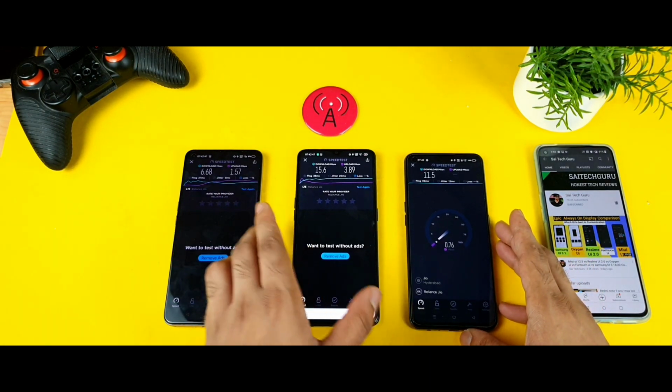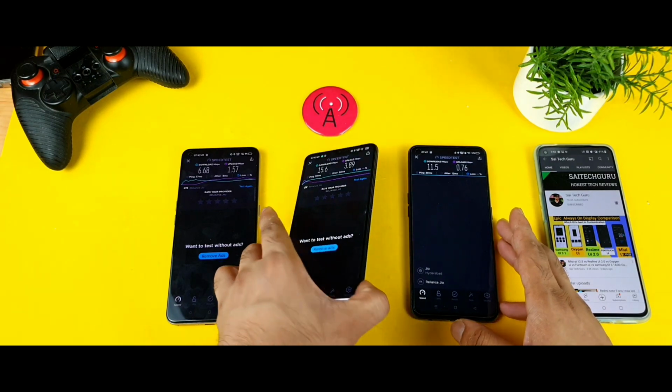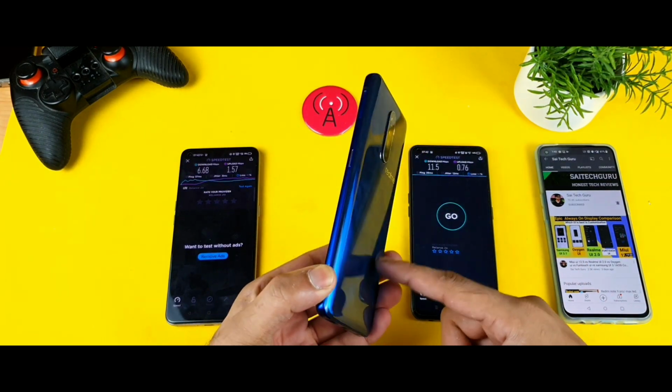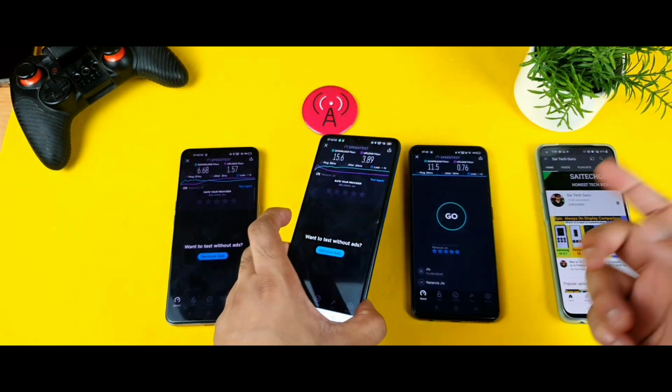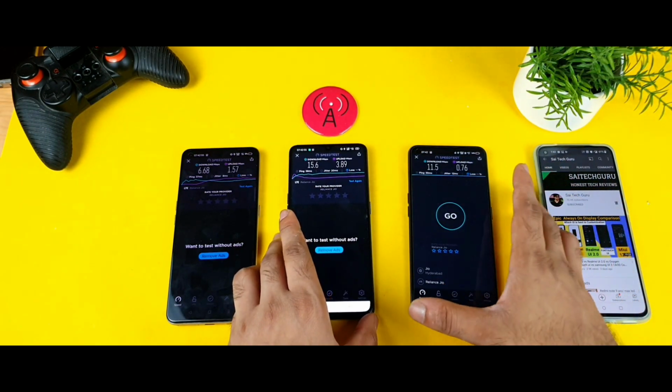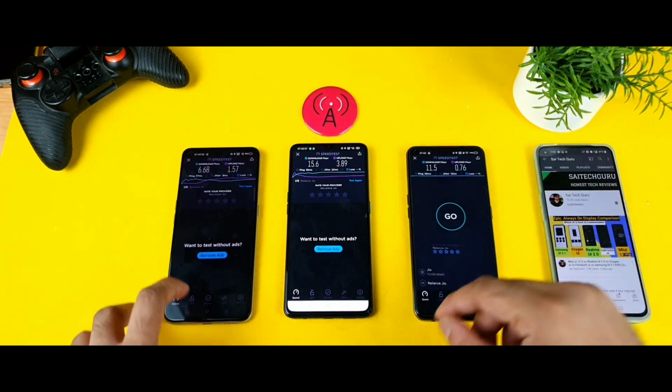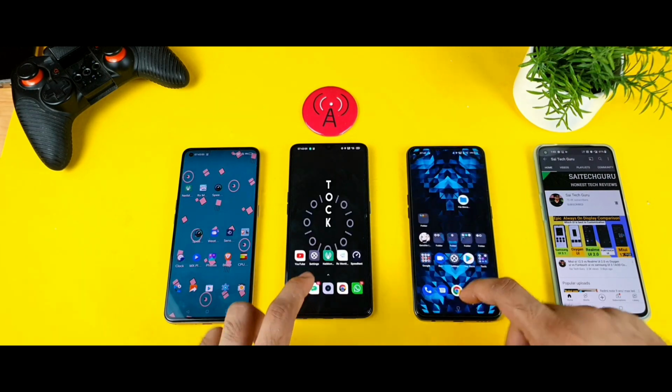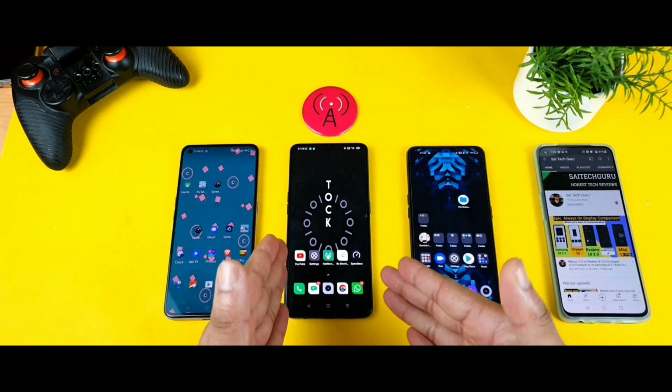As you can see, friends, the clear comparison. That's really great. Even I am really shocked. I'll keep this in mind, and I'll try to use this phone in comparison with other smartphones, maybe the iQOO 7 and the Mi 11X or OnePlus 9R particularly. I'll try to test the speed. So in terms of the speed test, the Realme X2 Pro is the winner.